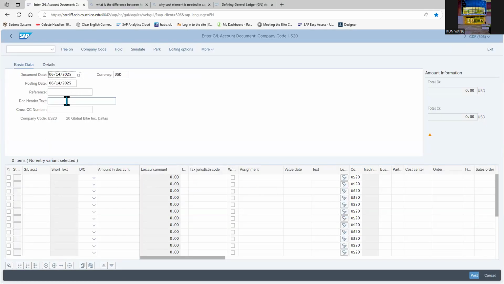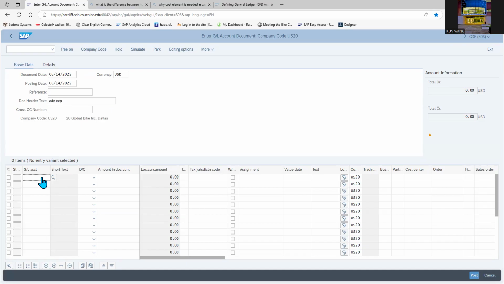And the reference header, or you can do something on your own, you can put maybe advertisement expense. Okay. Then the general ledger account for all of the expenses cost starts from number 7,